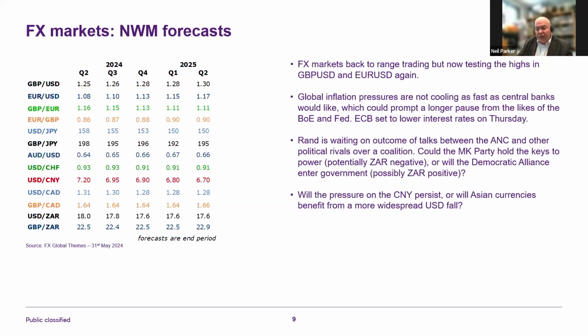In terms of other currencies, well, we've seen some pushback in dollar yen recently. We've seen again things like the Chinese renminbi remaining under pressure, and we have seen weakness in the South African rand since the South African elections, because we're still not sure about how things will go there in terms of forming an alliance with another political party. They can't govern on their own. So that potentially changes our thoughts on the South African rand and puts some potential weakness into that currency that isn't held within these current forecasts.